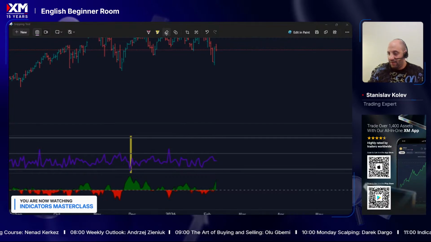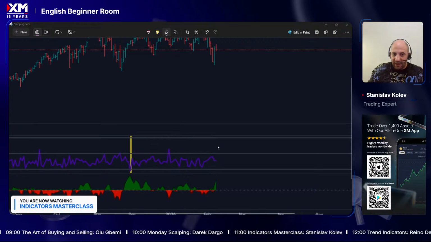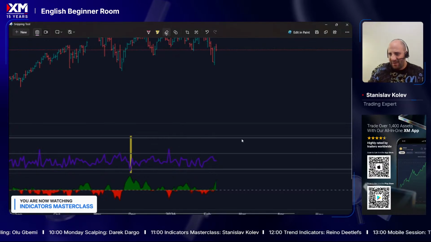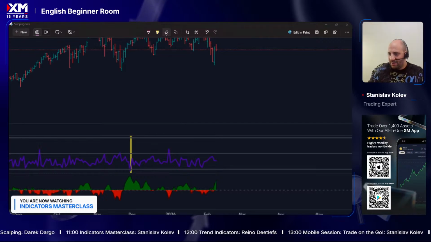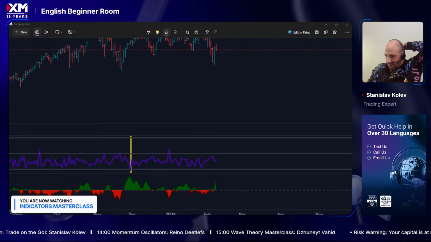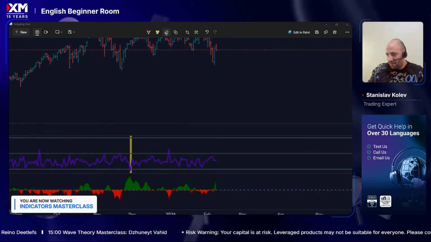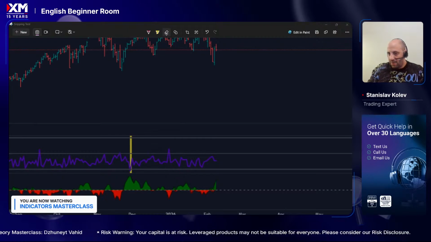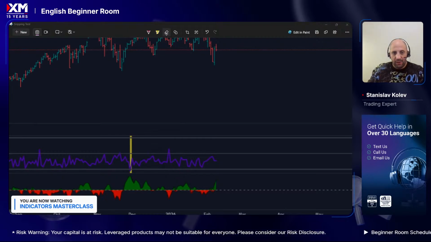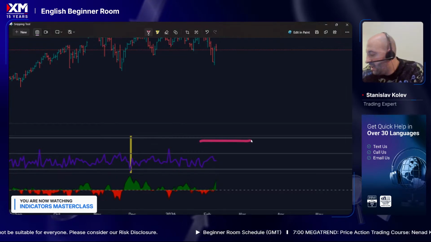Also, if you look at the put to call ratio, the level is right up here. I have it on S&P 500. We got plenty of room here before any